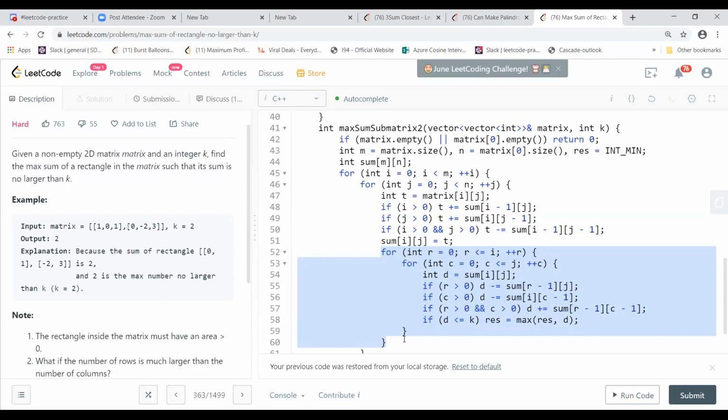No, actually what I have said might take row square into column square with the prefix sum. I'm not sure what they are trying to do here, but if you're doing it with a normal prefix sum, you need to take every i, j and every row size and column size possible with that, and you try to find it. So that is r square into c square.